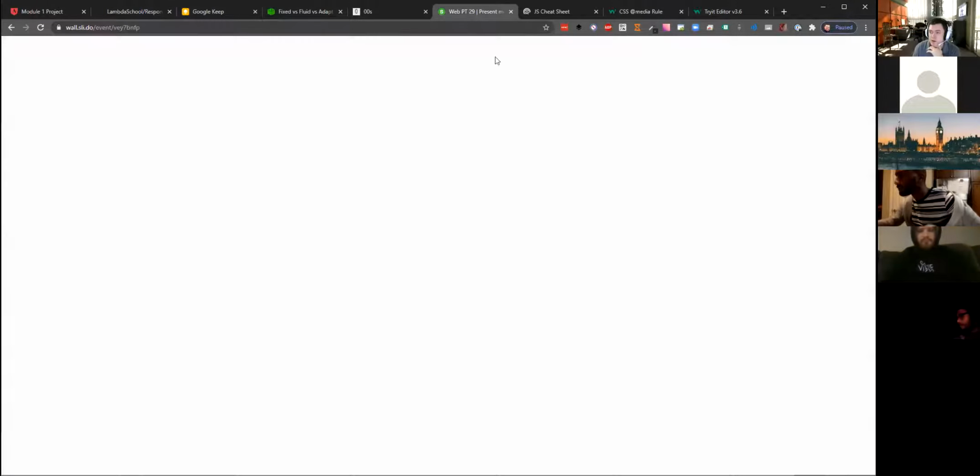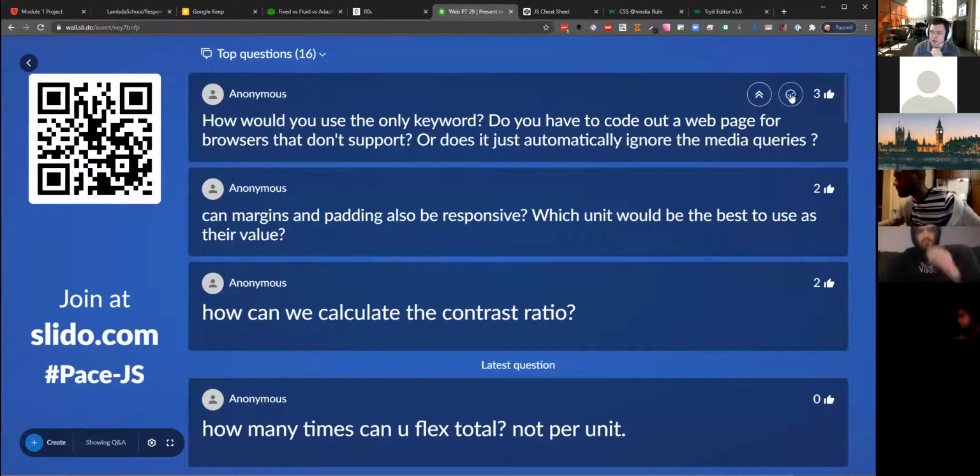It's not a super important thing. Do you have to code out a web page for browsers that don't support it? It's good practice to throw those 4 letters in there on media queries,